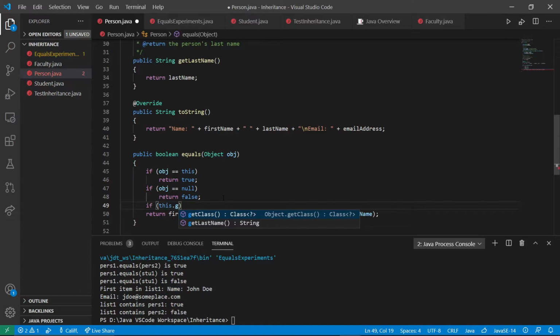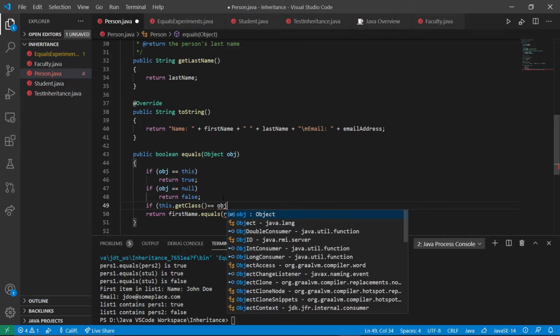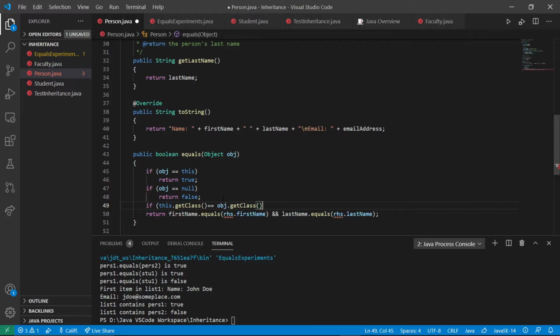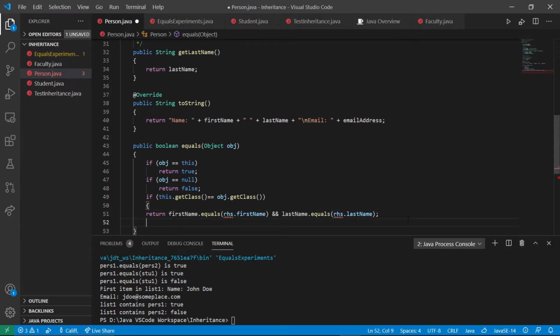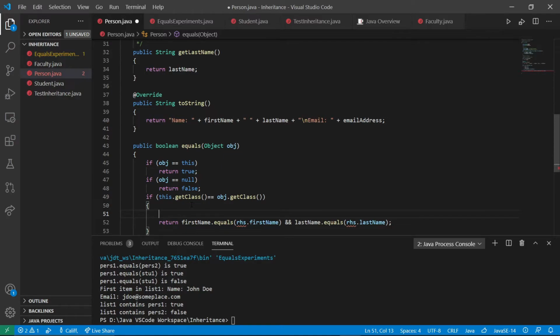If this.getClass is equal to obj.getClass, then I can do a real comparison here. So I'm going to actually put some braces around this. And the next thing I'm going to do is set up a person